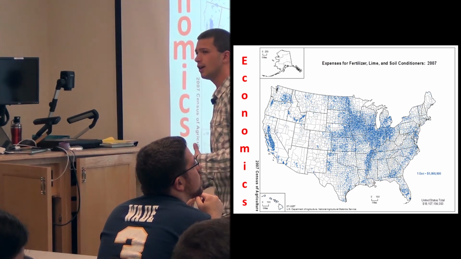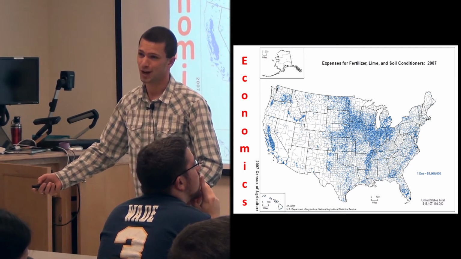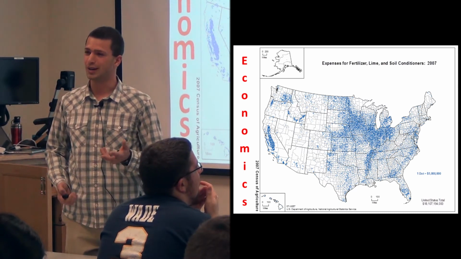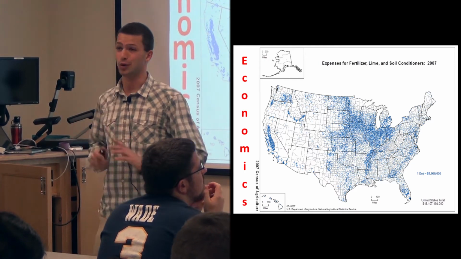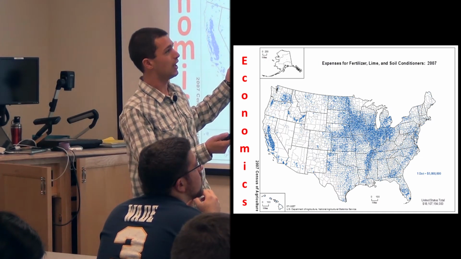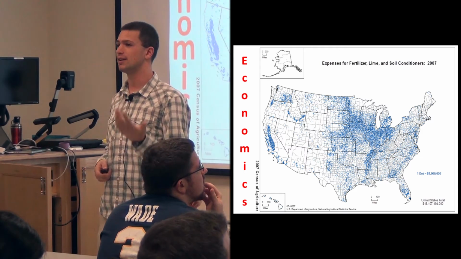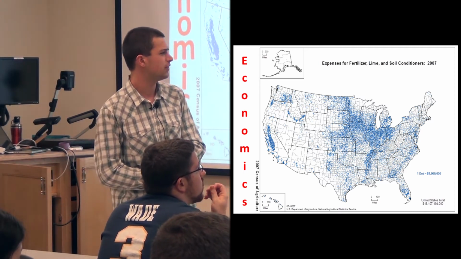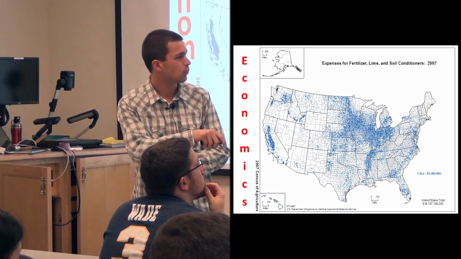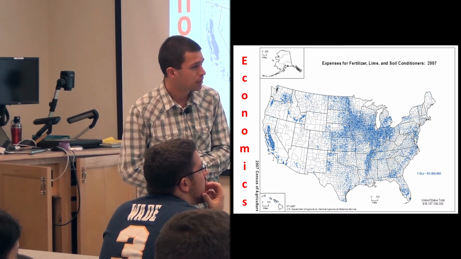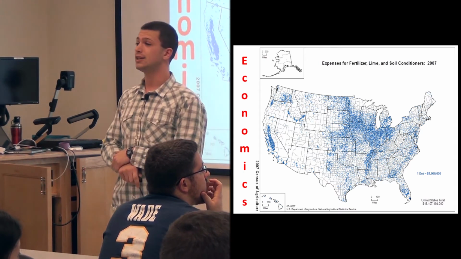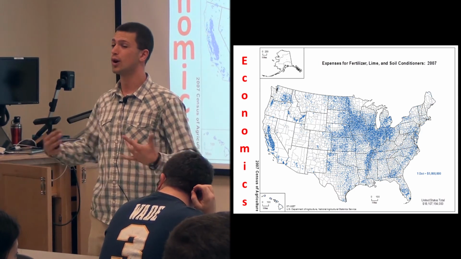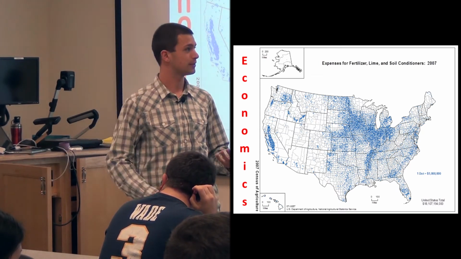And again, coming back to humans, we know humans are trying to be involved in ecosystems, even if that definition in the beginning isn't necessarily right, where humans aren't philosophically part of the ecosystem. We know that they're trying to be. This is a map of how much farmers have spent on fertilizer, lime, and soil conditioners in the United States. Across the total US, and this should be 2007, we have approximately $18 billion. So we know that humans know they can influence ecosystems, and we know that they're trying. So this is definitely a relevant topic.